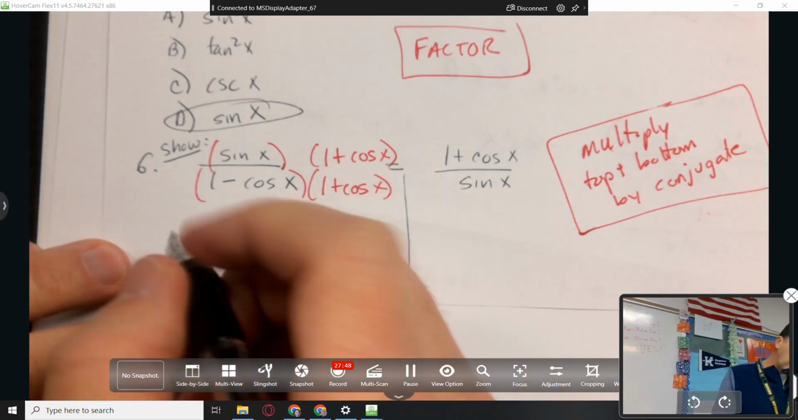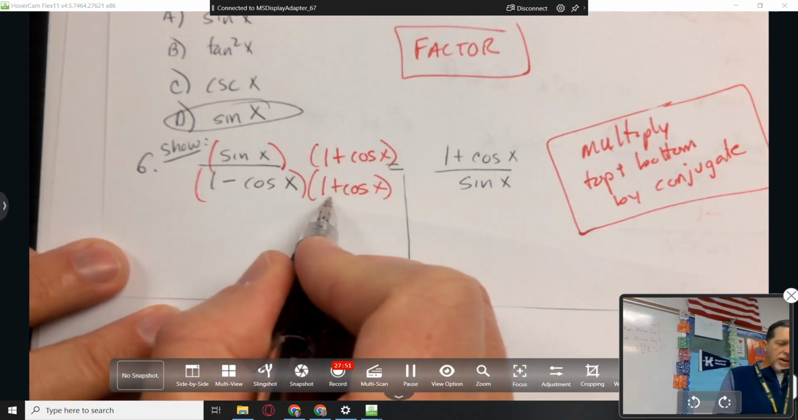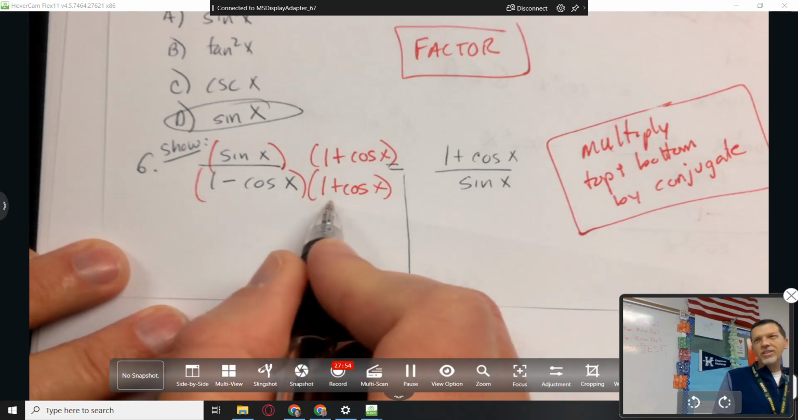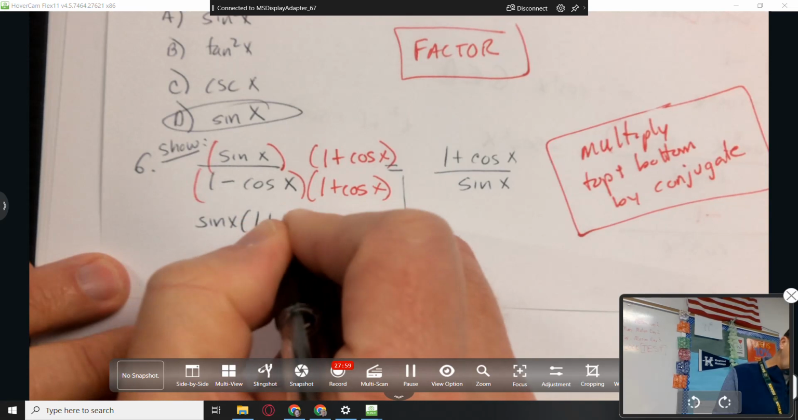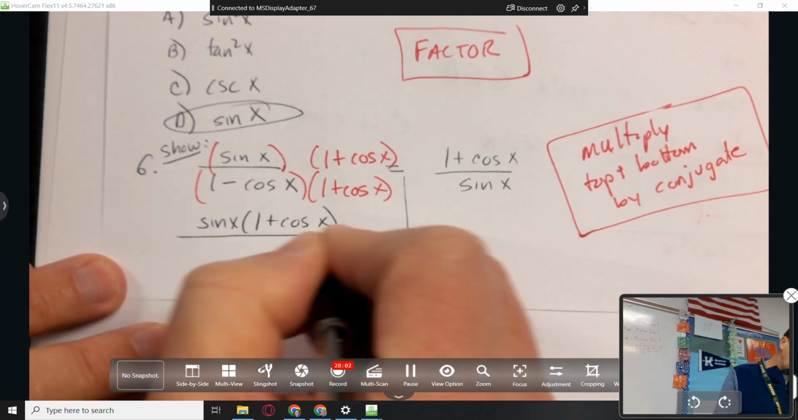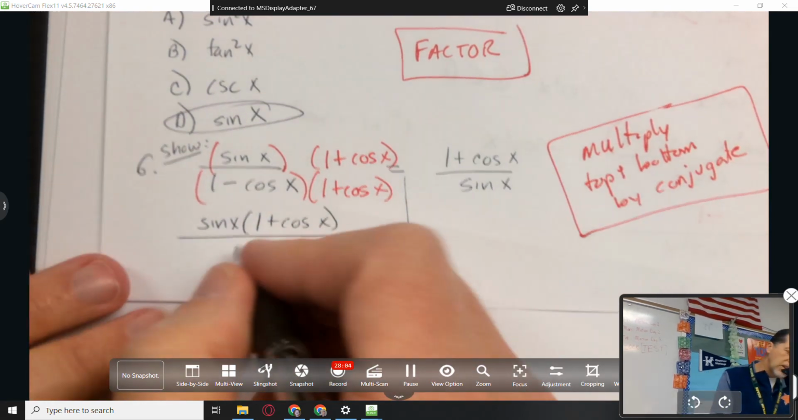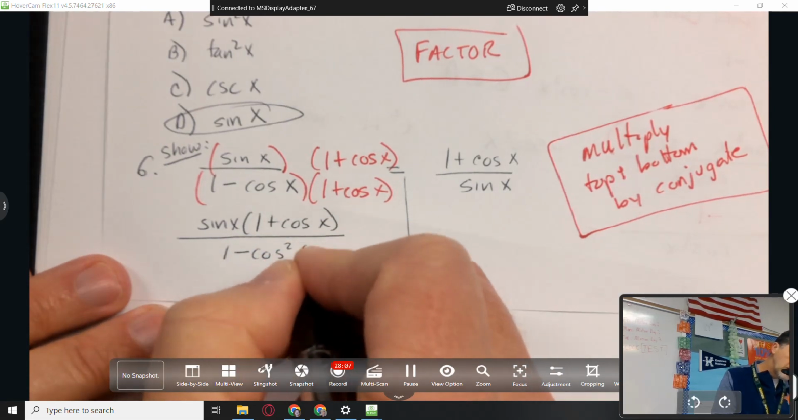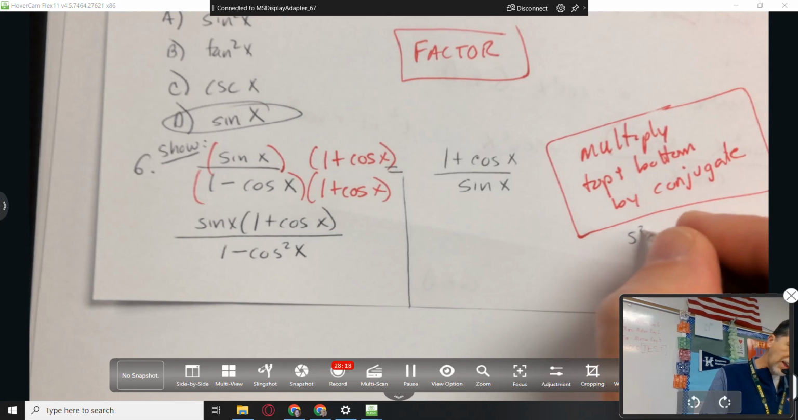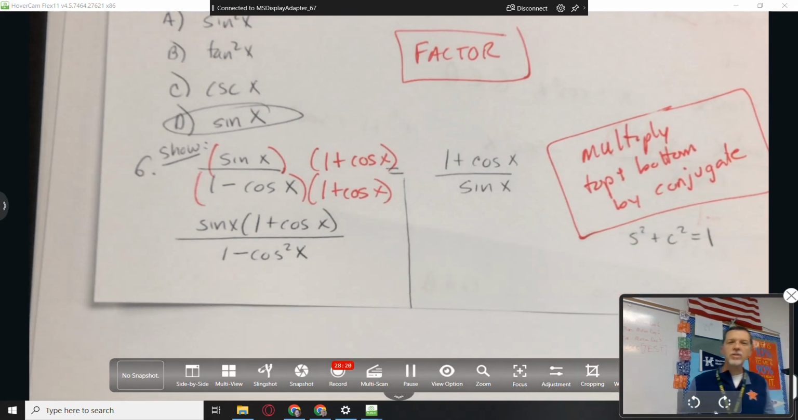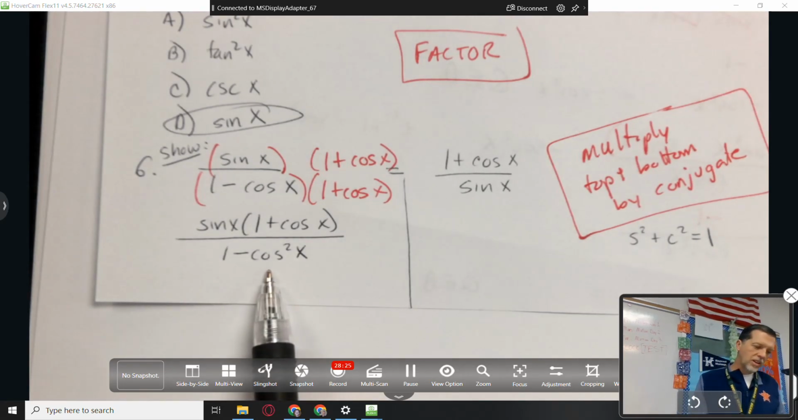So the top I'm just going to leave alone, because the reason I'm multiplying by the bottom is I'm going to get 1 minus cosine squared, and that becomes a Pythagorean identity. So let's leave the top alone for right now. That's kind of a mess, but the reason we did this was to get something nicer in the bottom. 1 minus cosine squared. Okay, alarm bells, because that's a squared term, so that's Pythagorean. So out to the side, I'm thinking sine squared plus cosine squared is 1, which means that 1 minus cosine squared is equal to